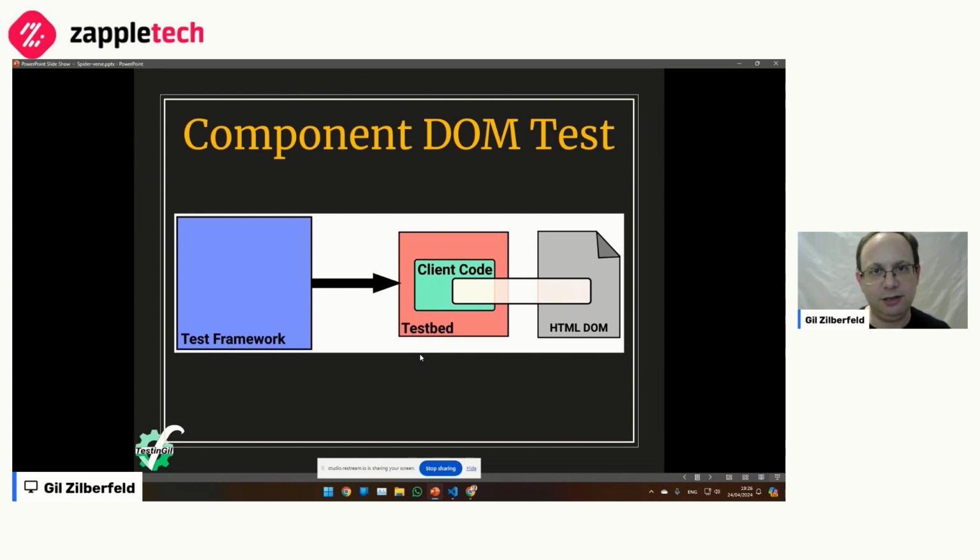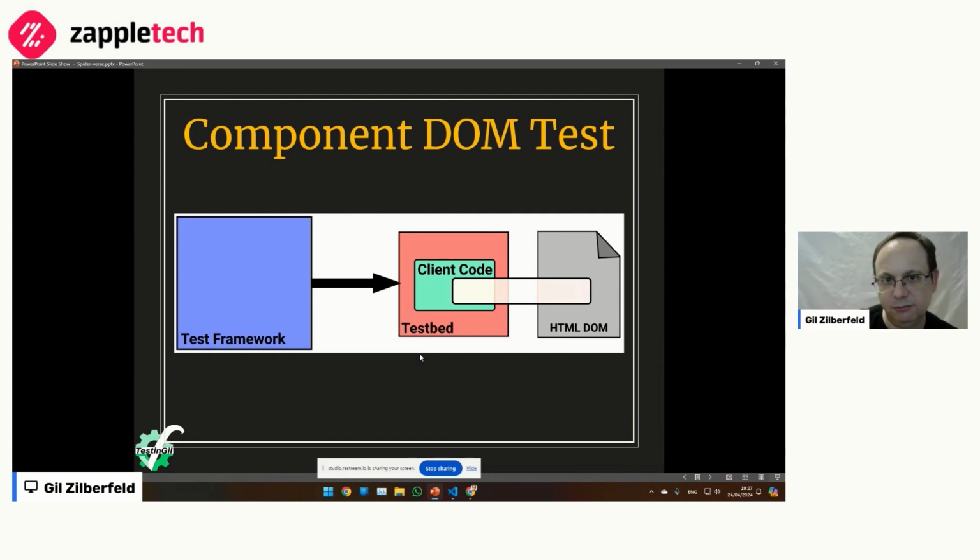And this container does two things. It renders the HTML and JavaScript for this component that we're giving it, and isolates this component from everything in the world. So imagine that you have a whole page with all kinds of things on it, and you want to test one component that's on it. In a regular web application, you need to load everything, set up everything for all these things to load just to get to your component. In component testing, we're squishing everything to focus just on our component.